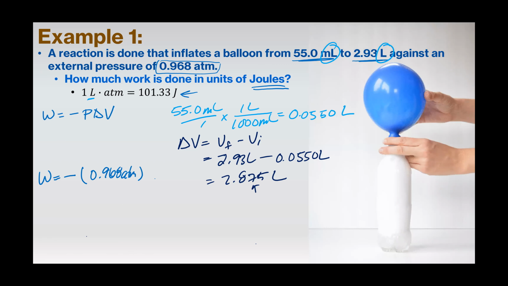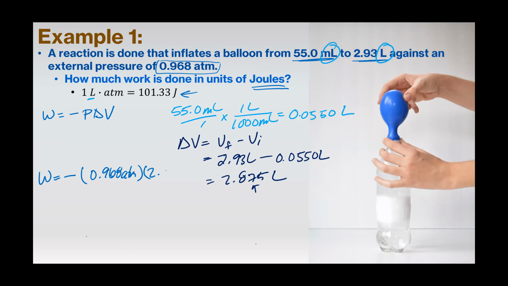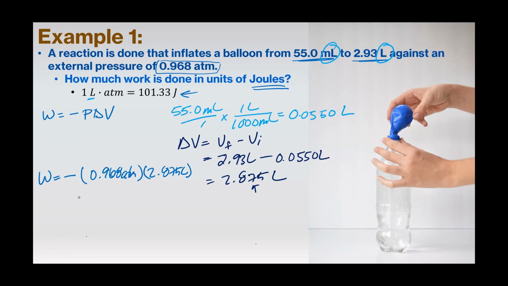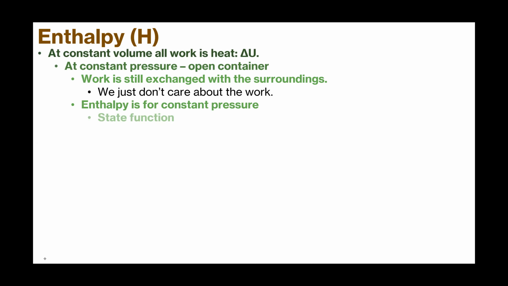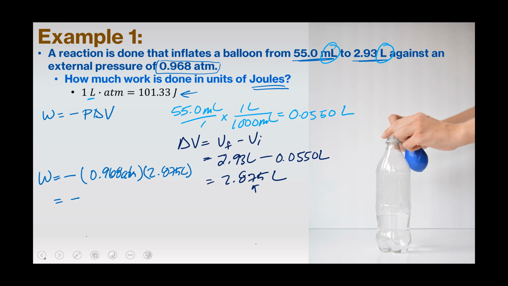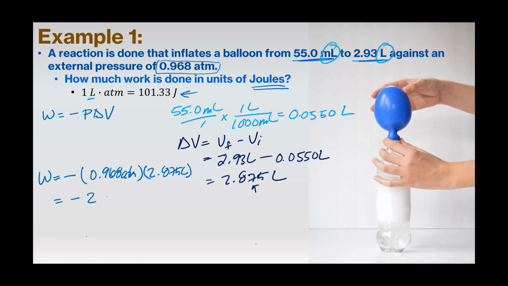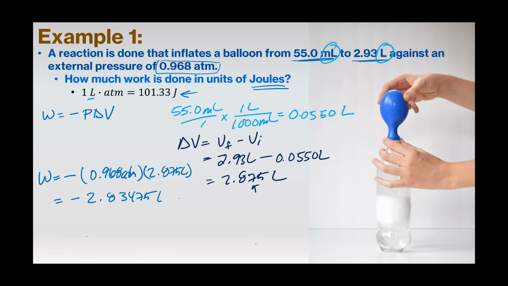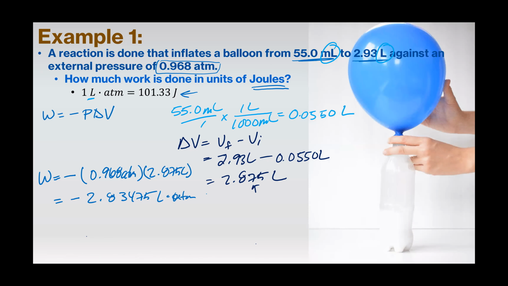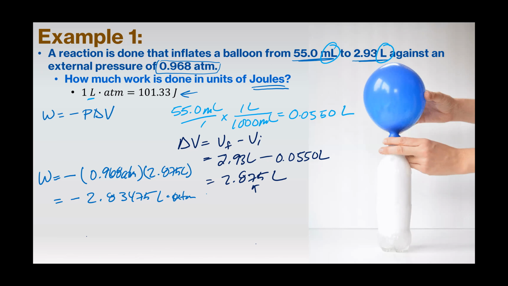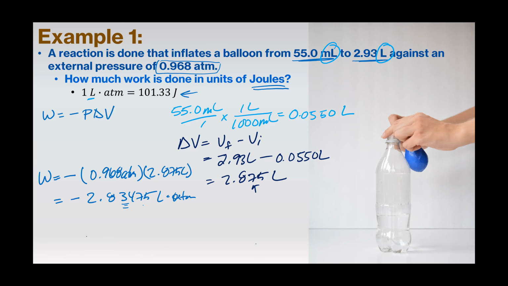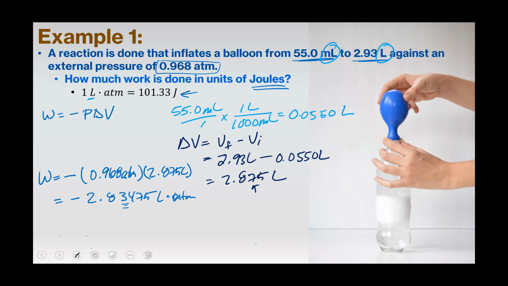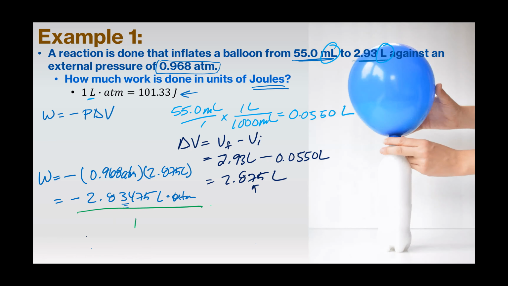And now we know our delta V, 2.875 liters. So this is negative 2.83475 liter atmospheres. This has 3 significant figures. Then we can go ahead and convert this to joules, right? And we know that